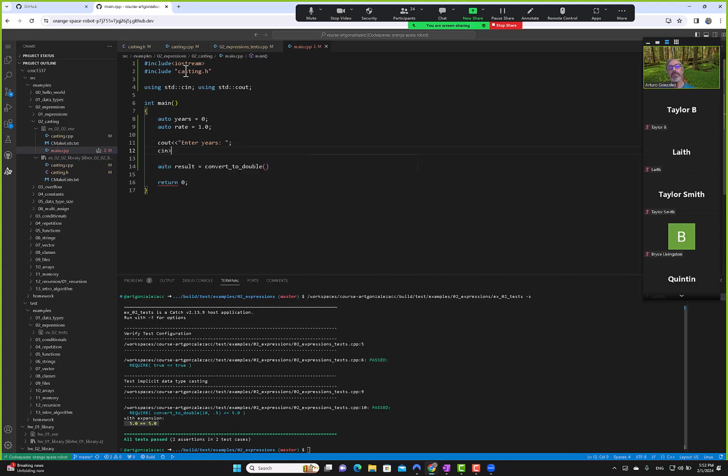Character input, get the value, put it in years, right? And then cout, enter rate, character input into rate. Now we can plug in those values as function arguments. So we say years and rate. And finally, cout, value is the result. Very simple example, but hopefully gives you